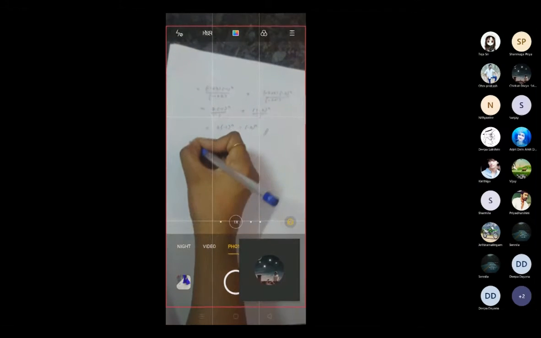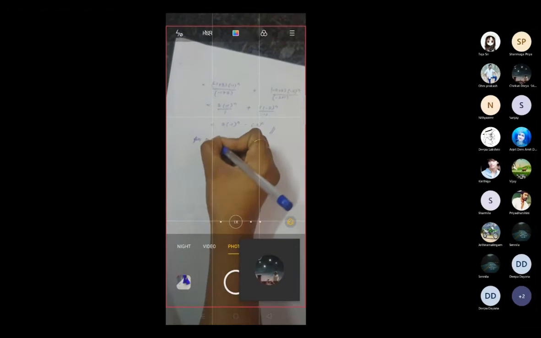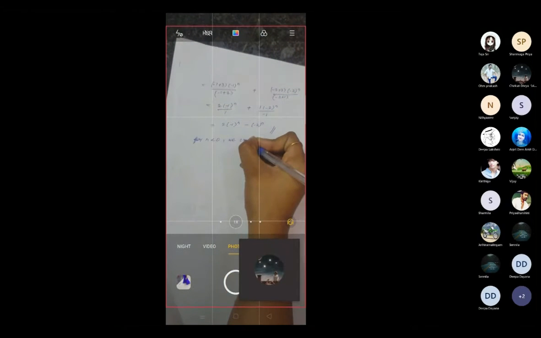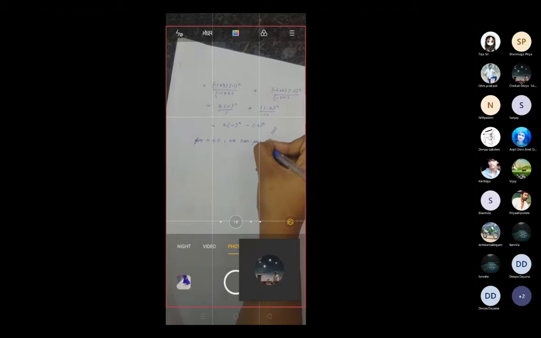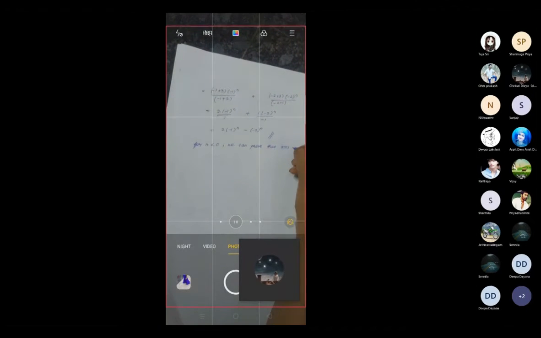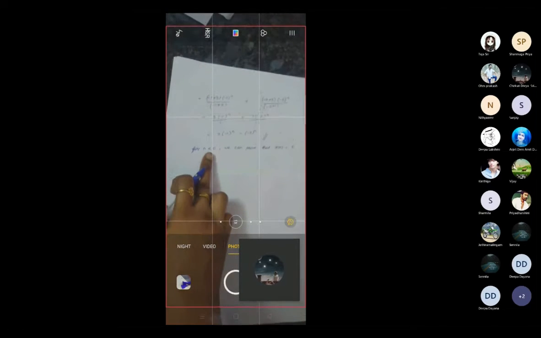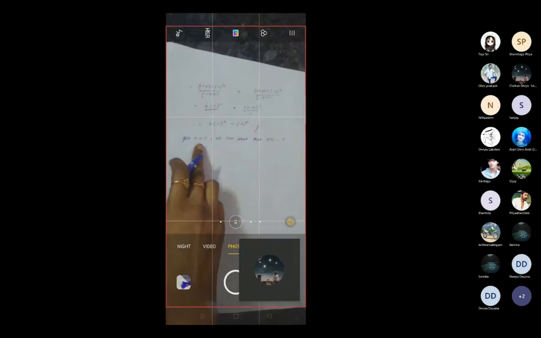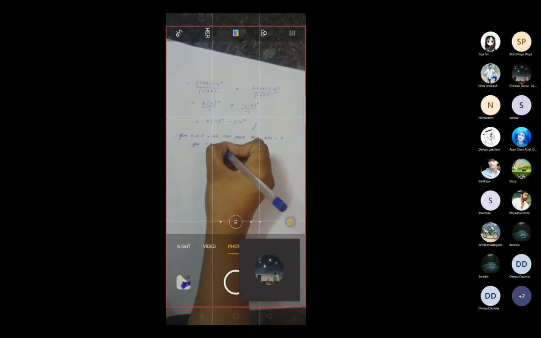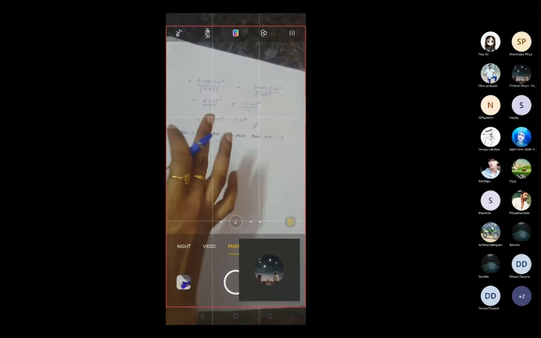Okay, another case will be there. Another case is nothing but for n is less than 0, we can prove that x of n will be equal to 0. N is less than 0 means it's nothing but a negative value. So here I am going to consider one negative value as n equal to minus 1. So I am going to substitute n equal to minus 1 for the given expression.